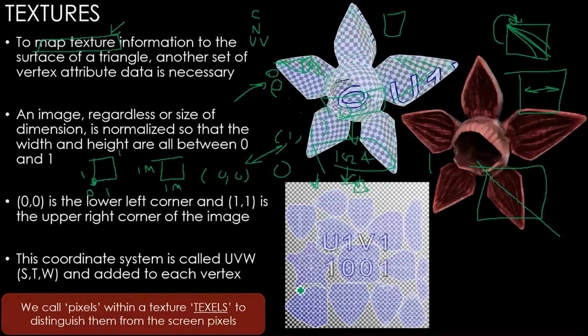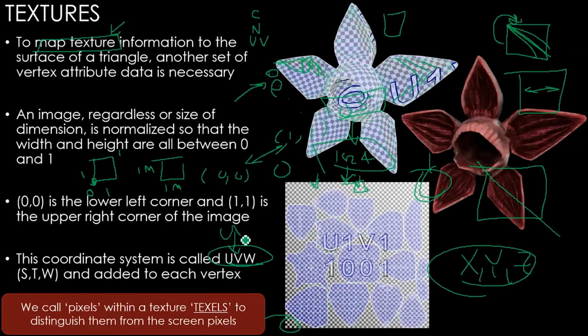So, okay, we've got this. So we've got 0, 0 down here, and of course, 1, 1 up here in the upper corner. The coordinate system is usually called UVW. Do not believe any of the BS people will tell you that UV stands for something. It doesn't. It stands for absolutely nothing, just like X, Y, and Z doesn't stand for anything. It's just another set of letters in the alphabet other than X, Y, Z. Because XYZ is already commonly used for position data, they didn't want to confuse people. So they use a different set, which is